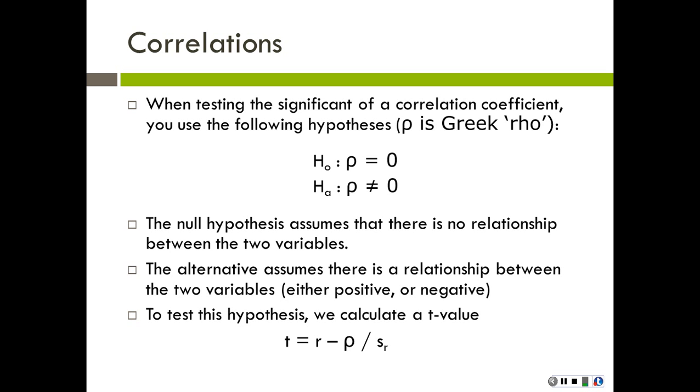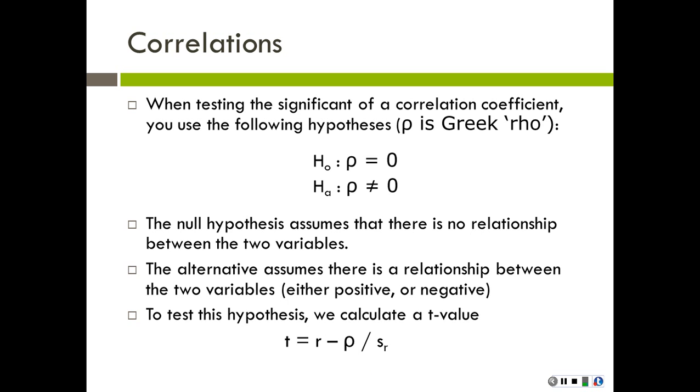So we don't have to learn a whole new distribution again, like the F. It uses our favorite little t distribution. And so to find out if our correlation is significant, we just have to do this t value. We take our correlation, subtract from it the population correlation, and divide it by the standard error for the correlations, and that would give us the t value. We are not going to do that because SPSS will do it for us,